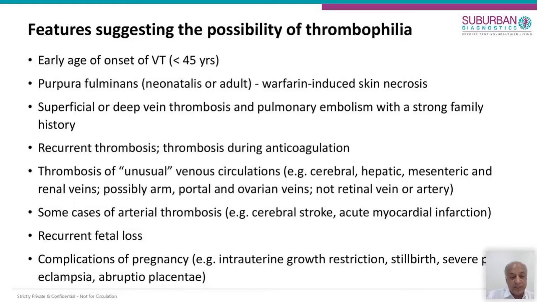Although the mechanism normally in arterial thrombosis involves the blood vessel wall, atherosclerosis, and of course platelets, which normally are not involved in venous thrombosis. Recurrent fetal loss is an indicator for possible lupus anticoagulant, and therefore one should suspect that in a woman who is having this problem. Complications of pregnancy in terms of intrauterine growth retardation, stillbirth, severe eclampsia, abruptio placentae, and things